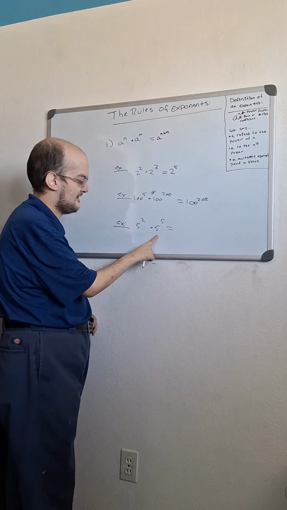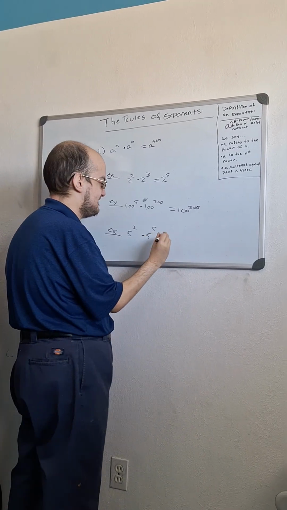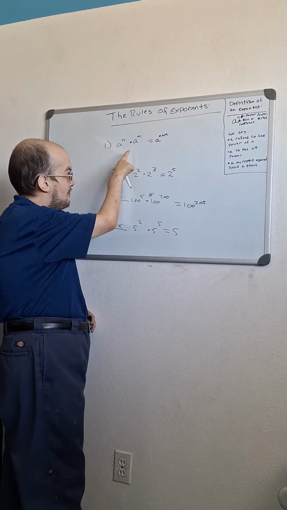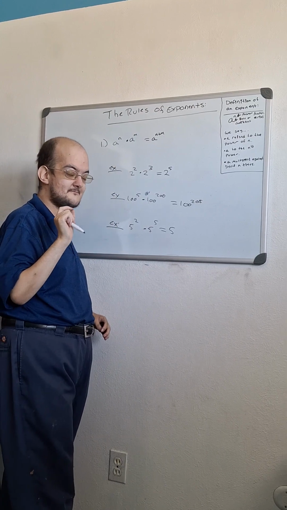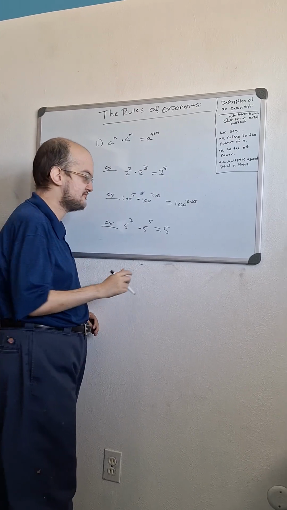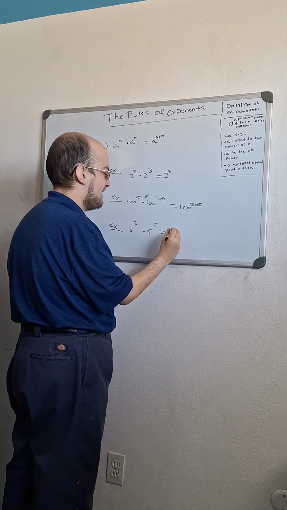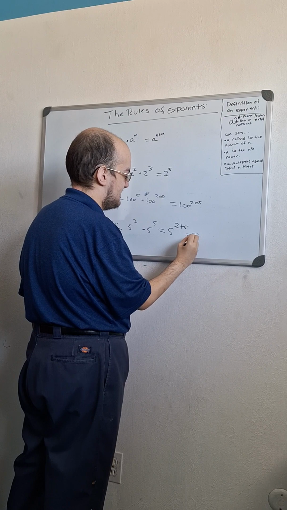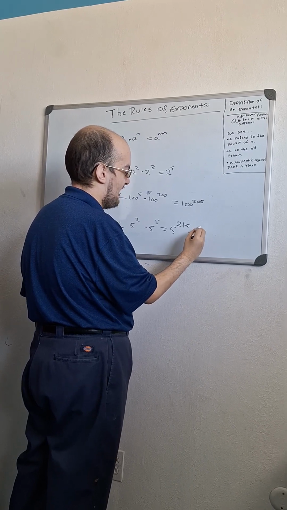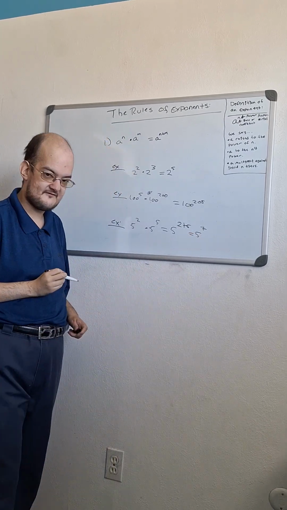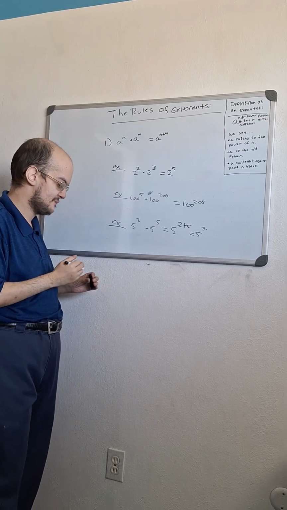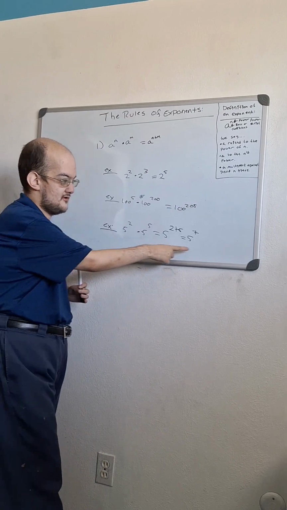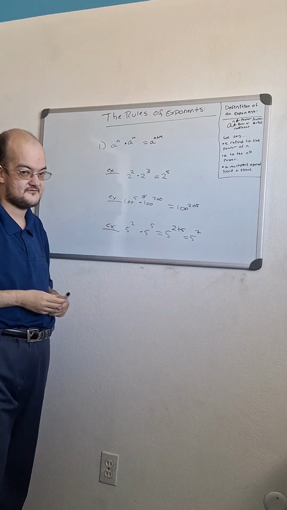Alright, so are the bases equivalent? Are they the same? Yes. So I'm going to have a new base of 5. The rule says to add the two powers together. So we're going to do 5 raised to the power of 2 plus 5. That's going to give me a new exponent of 5 to the 7th power, or raised to the power of 7. And not right now, but in later videos, we're actually going to solve 5 to the 7th power, which